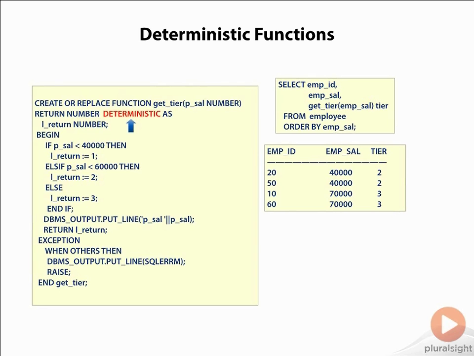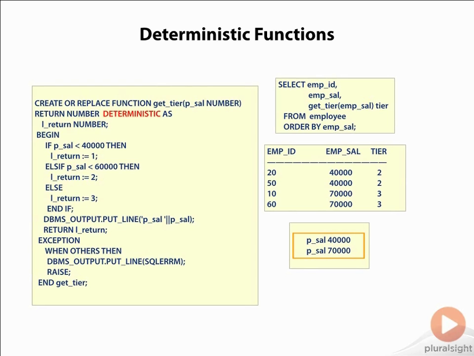The only difference is the deterministic keyword we have added after the return and before the as keyword to make it deterministic. Now when we run our SQL, we get the same result, but this time when we observe the DBMS output statement in the console, we notice that it ran the function just twice, once for each unique input parameter value